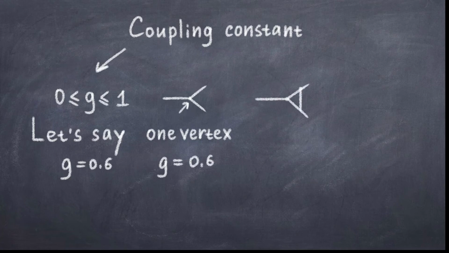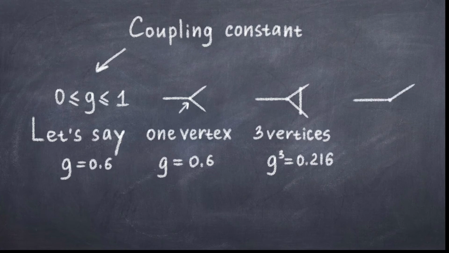Let's say that for our toy model G is equal to 0.6. That means that our tree-level diagram of the decay process has a coupling factor of 0.6. Now our loop diagram to this process is less important, since we have G cubed, which gives a coupling factor of 0.216. Thus we can roughly expect the tree-level diagrams to be roughly 3 times more important than the loop diagrams. There are of course other factors, but this is generally how it works.